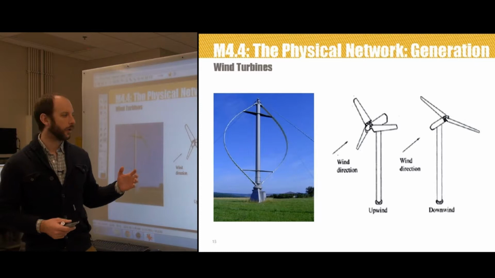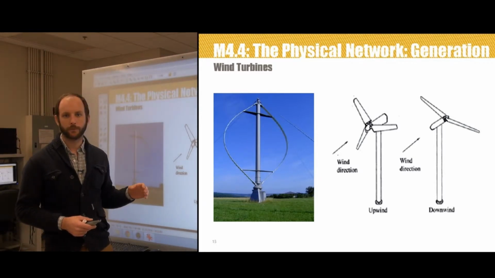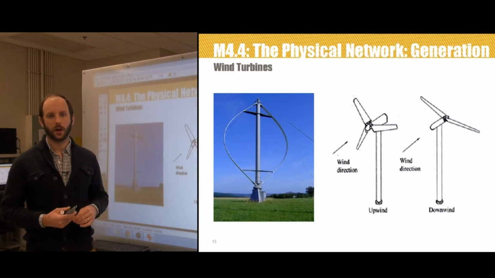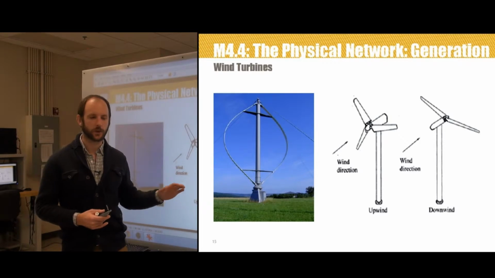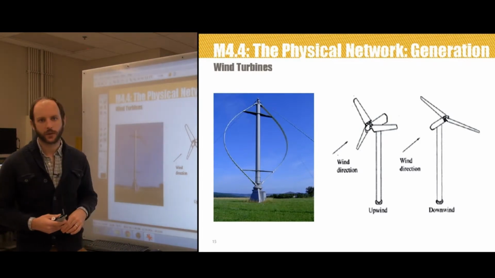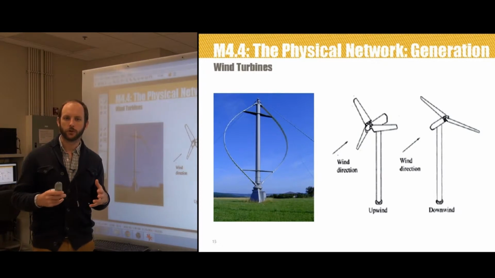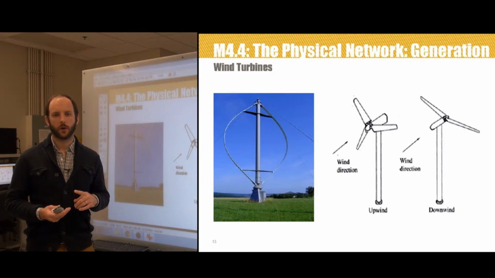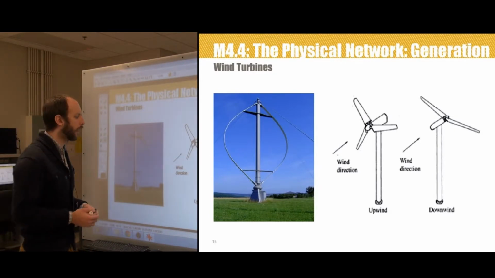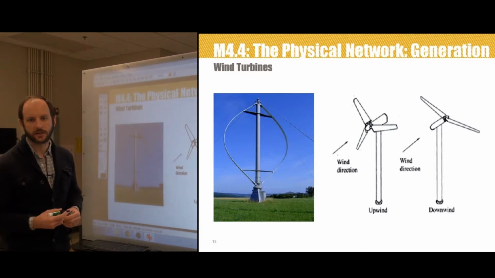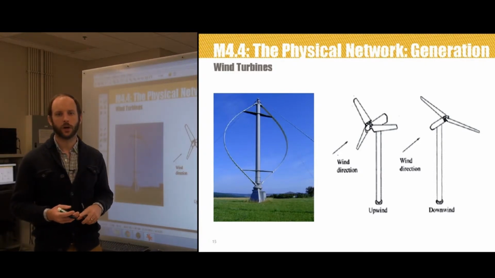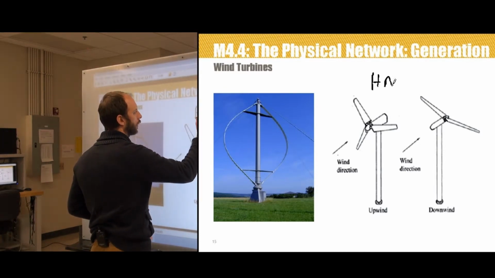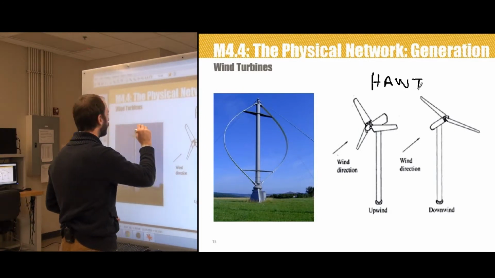These modern wind turbines, although I showed a horizontal axis wind turbine, there are other designs, and modern wind turbines will fall into 2 basic categories: the horizontal axis wind turbine called a HAWT, and the vertical axis design, the vertical axis wind turbine called a VAWT. So this is a HAWT, H-A-W-T, and this is a VAWT,